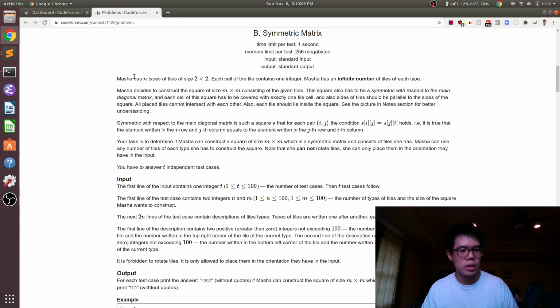Okay, problem B. Masha has n types of tiles, size 2 by 2.